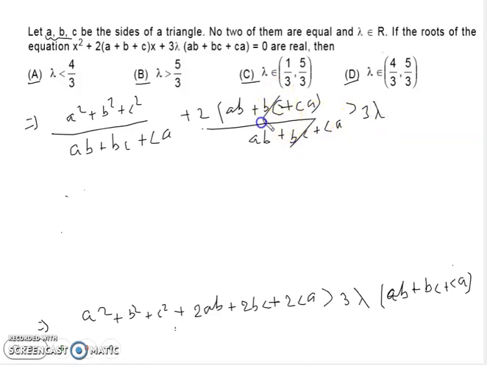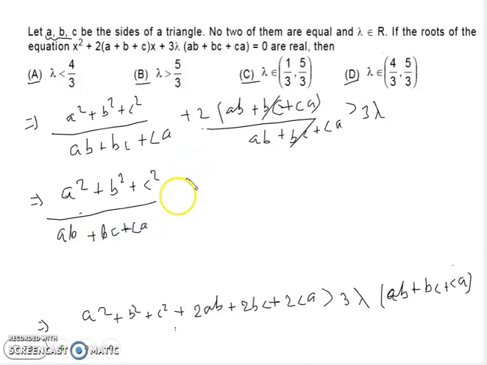And it can get cancelled and we will get the value (a square plus b square plus c square) divided by (ab plus bc plus ca), right? Are you getting my points? Plus 2 is greater than 3 lambda. Now I am going to apply the